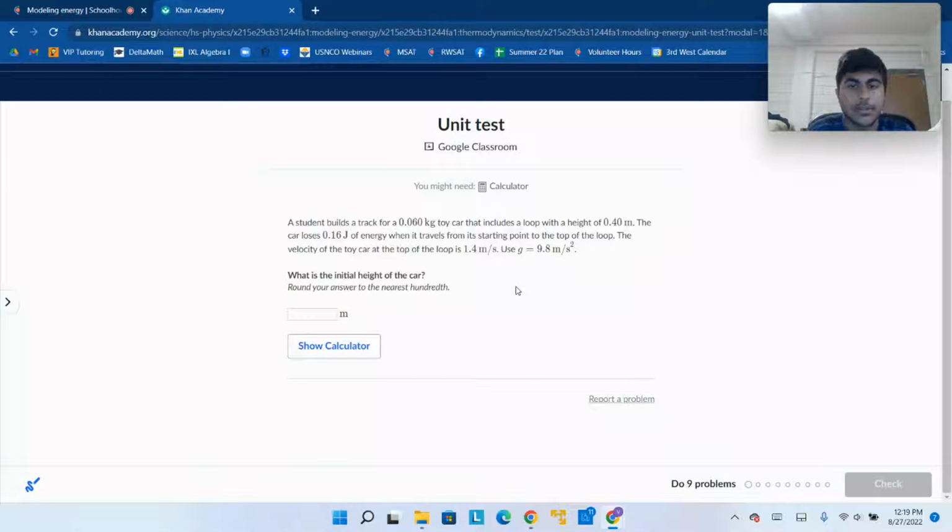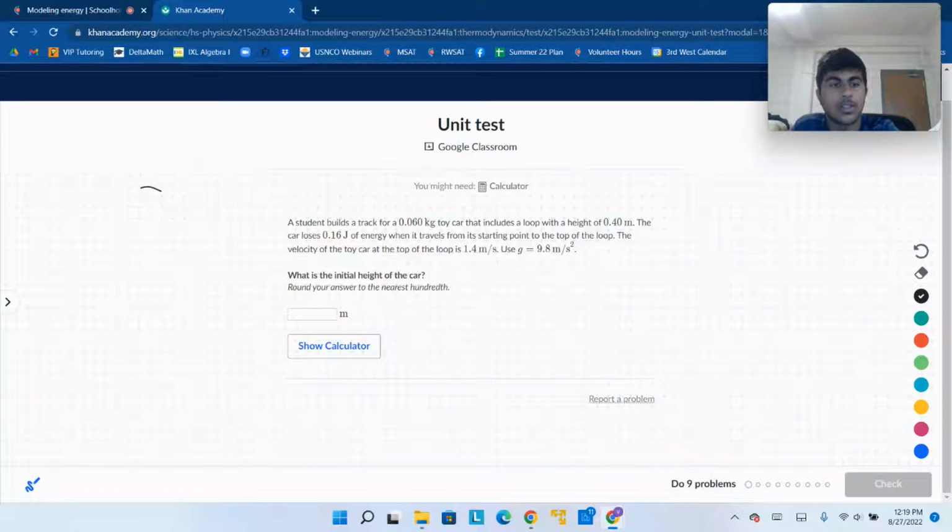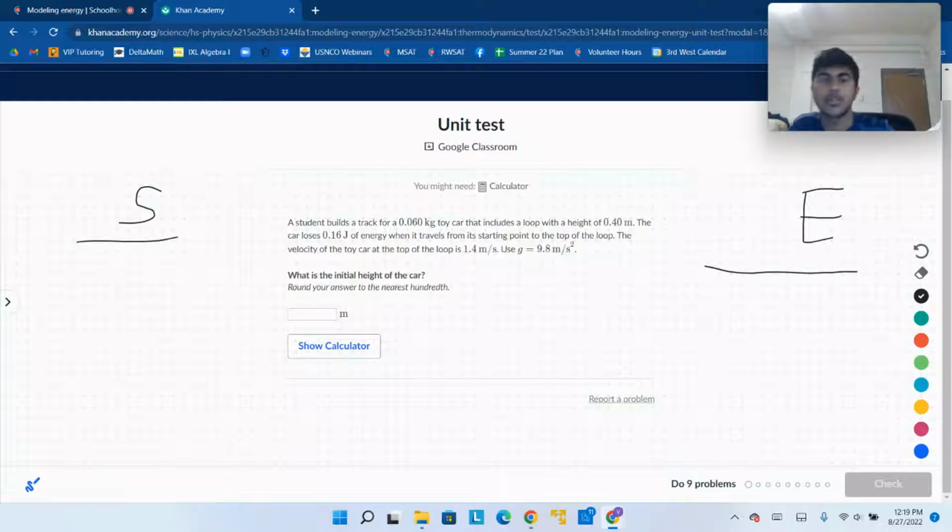Okay, let's see. So we're trying to find the initial height of the car. How are we going to do that? Well, we can do that by quantifying the amount of energy at the start and at the end. Let's think about the end first because that seems simpler. So you have a loop with a height of 0.4 meters. So 0.4 meters times g, 9.8, times the mass, 0.06,